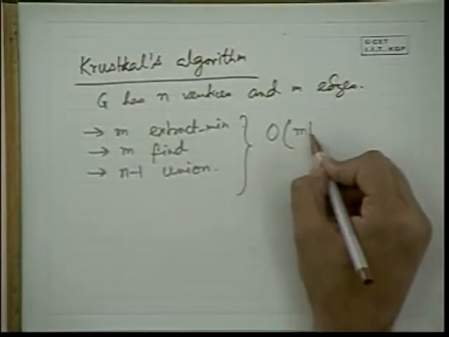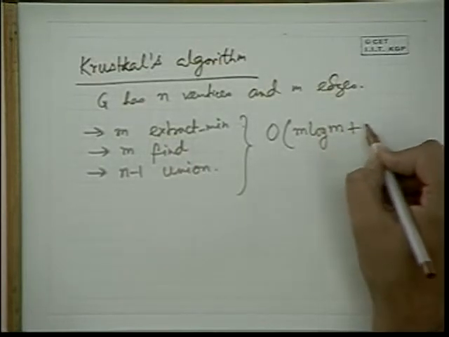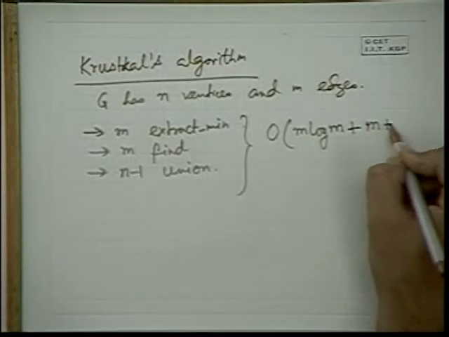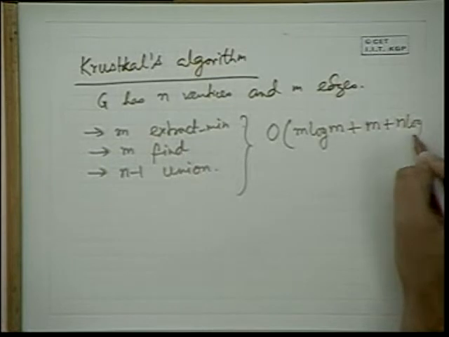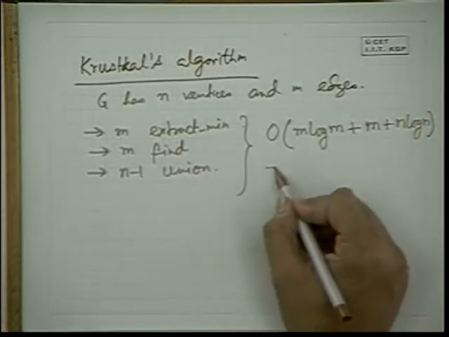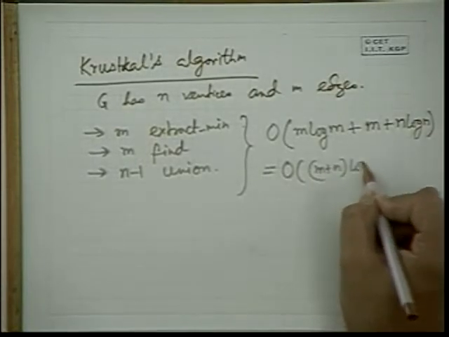And since a minimum spanning tree can have at most n minus 1 edges, I will have at most n minus 1 union operations, not more than that. So with this, what is the total time complexity? It will be order m extract min will take m log of m, plus m find will take m, and n minus 1 union will take n log n. So your total complexity will be order m plus n log of n,